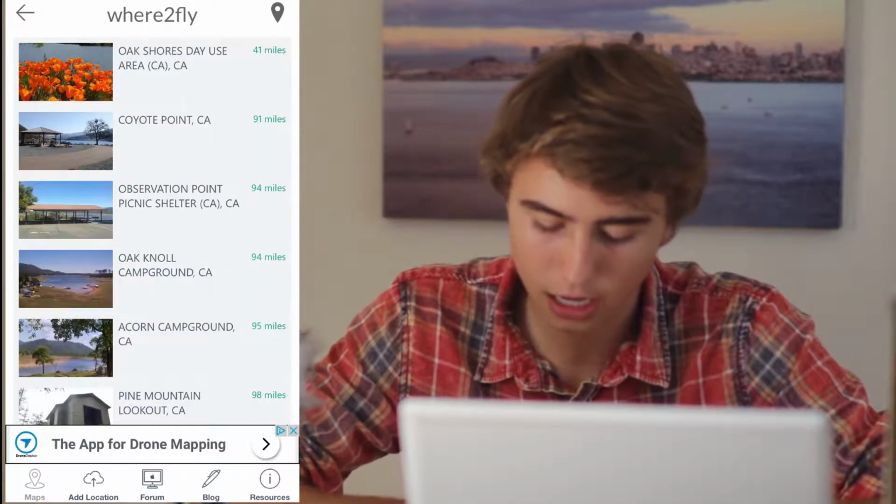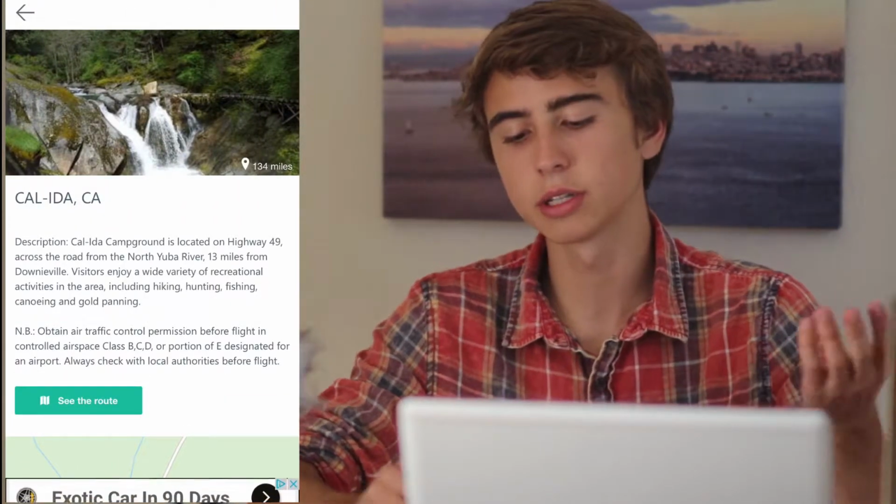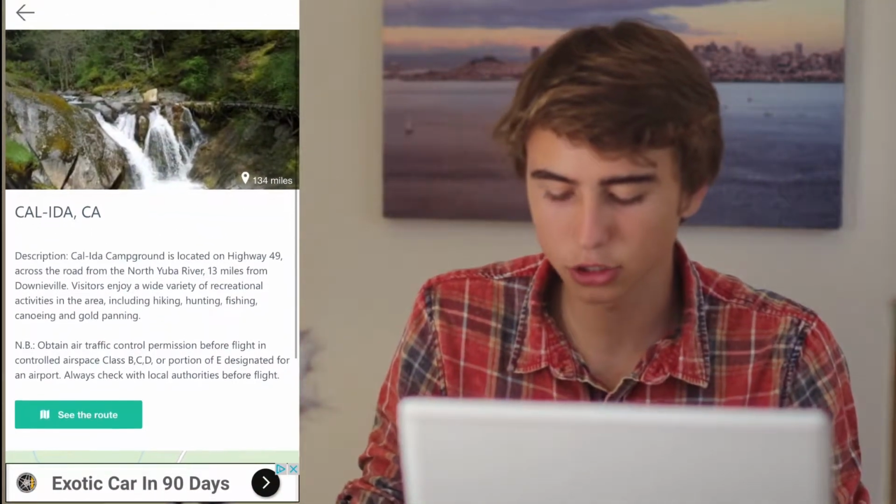So just like the other part of the app, you can access all of the locations either in this list view with a little description and also in the map view. One thing I'll note is it's still in its beta form and there's still some issues with it, and it should be noted that